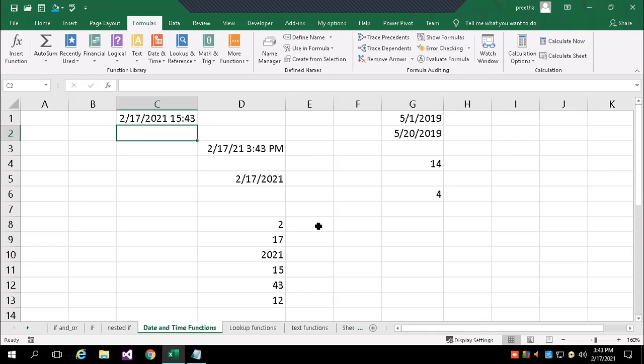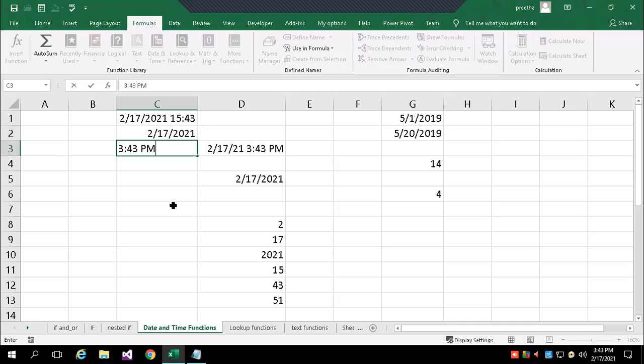For this, the shortcut keys are: Control semicolon is only the date. Control shift colon is only the time.